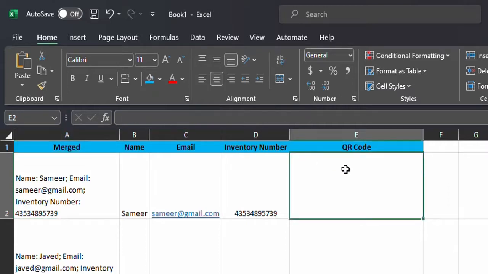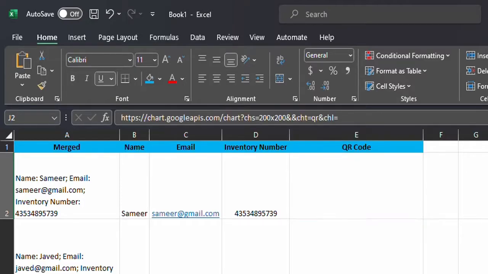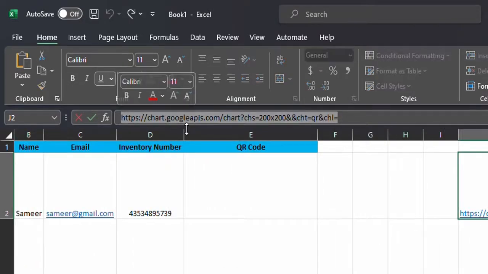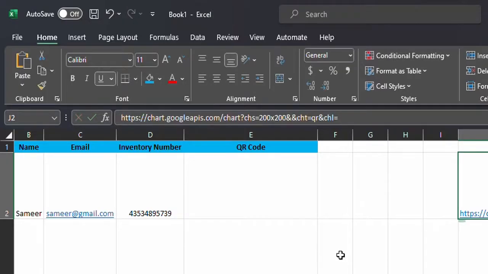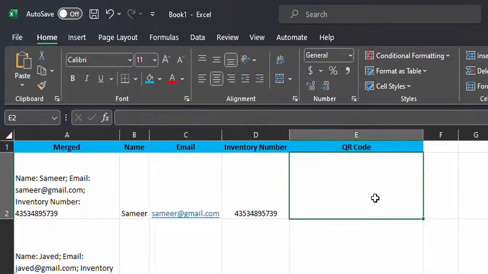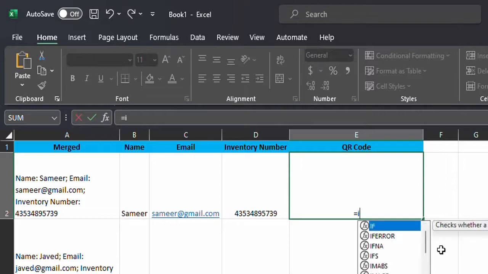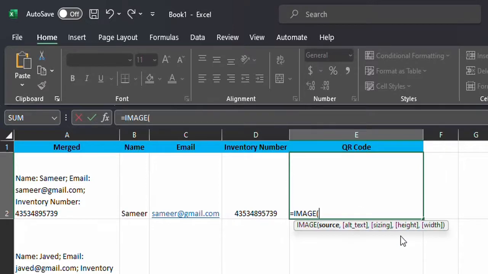So let's get started. We have this API link, which we will use. Let me just copy it. And don't worry, I'll have this pasted in my video description for your close reference. So we'll be using a function in Excel. It is called IMAGE. That's usually available in the newer versions of Excel. It requires a source, and by source, we will give it